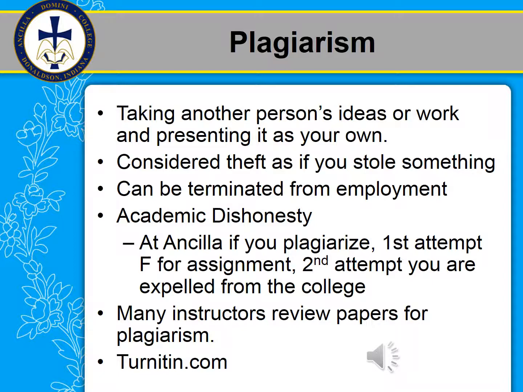Many instructors, including yours truly, do review papers for plagiarism. That's something that we look at. A lot of us use an electronic software called Turnitin, and I have repeatedly caught students cheating. So you definitely want to avoid that, and you want to make sure that you're just doing your own work. You're not plagiarizing, and